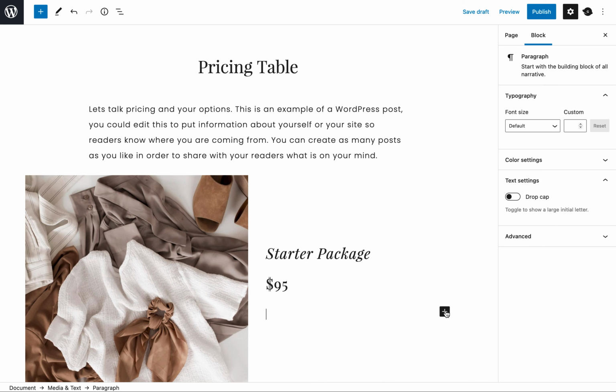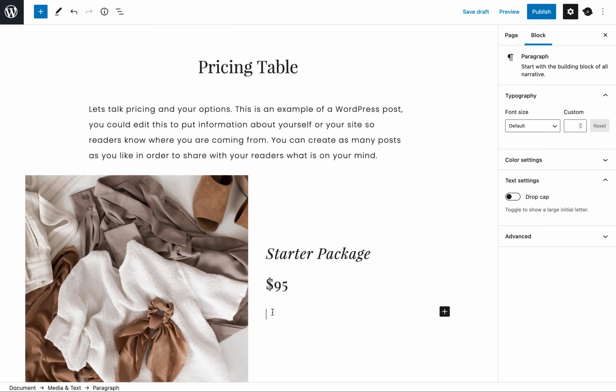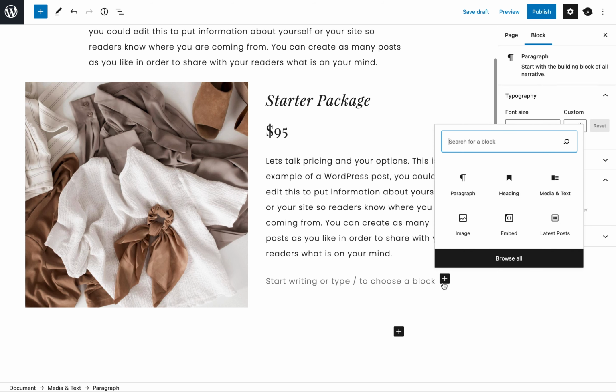I'm going to press enter and I'm going to add a paragraph block this time. For now, I'm just going to copy what I have written here and paste it below. Then I'm going to press enter again, and then I'm going to add a button block